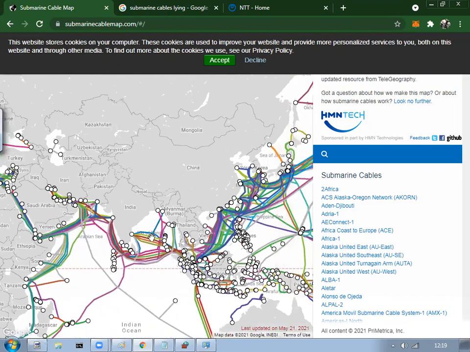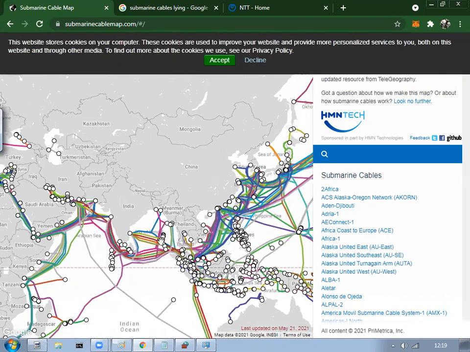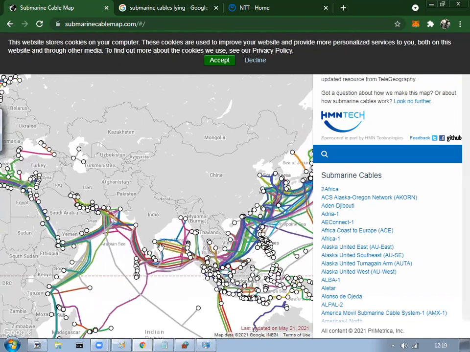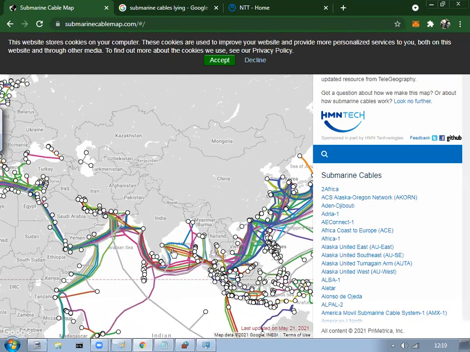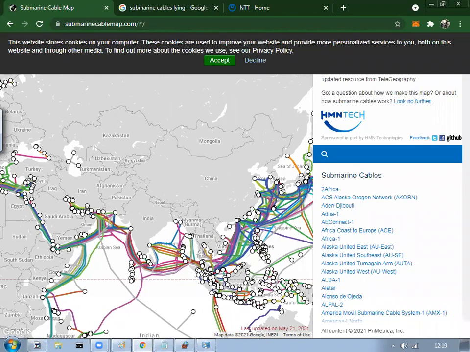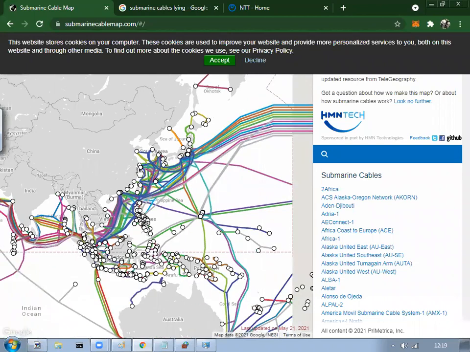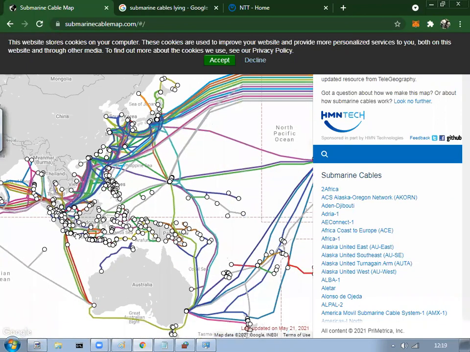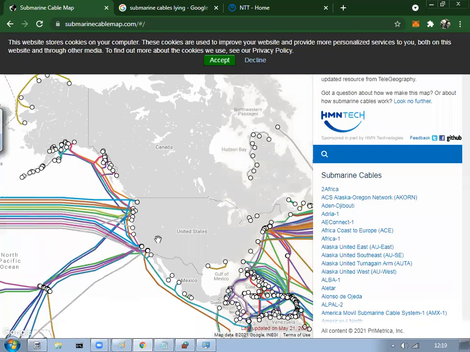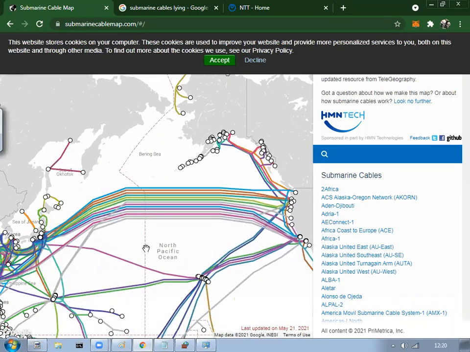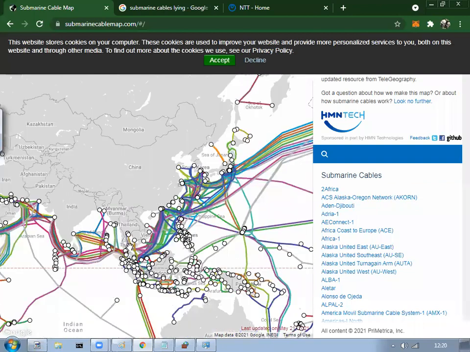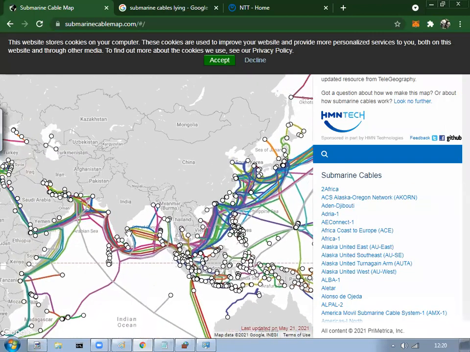I have two ways. Either I can choose my East Coast way, where from Chennai I can connect to Singapore. From there, I can go to Japan. From there I can go to the West Coast side, like San Francisco or any other location I can directly connect. Or if this line is down,